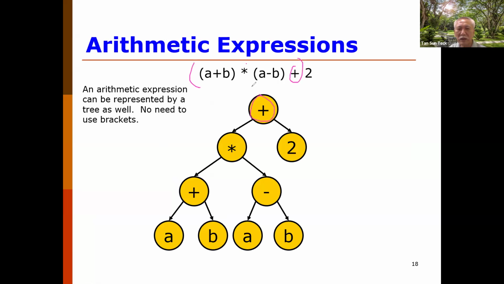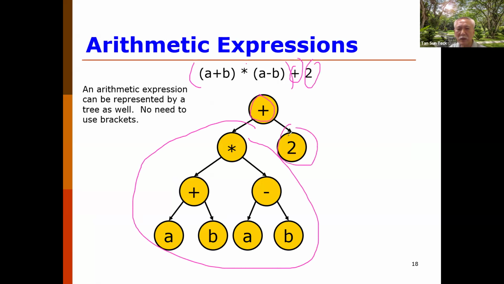So everything on the left will be on the left subtree, and everything on the right of plus is on the right subtree. So similarly, looking at this subtree, there's a multiplication. So multiplication is actually the operation that you are going to perform on the left expression and the right expression. Right? So therefore, this is a left and this is a right. And inside here, because this is already at the left subtree of multiply, this one is actually adding A and B together